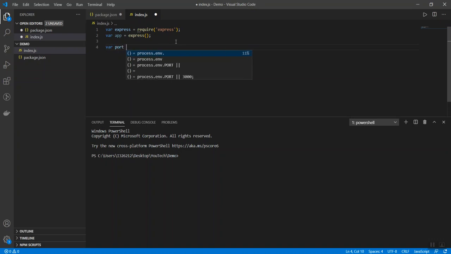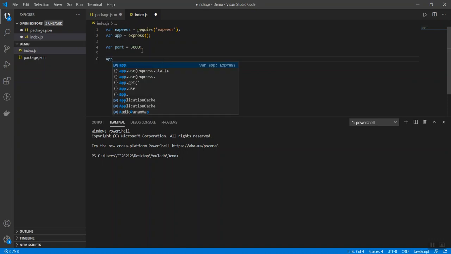Let me create a port which I'm going to use for my Node.js application. I'm going to use port 3000. As I said before, Express is a middleware we can use for creating REST APIs. A REST API allows all the standard REST methods, something like get and post, and we can do update and delete as well. For this video, I'm going to create a small get API.